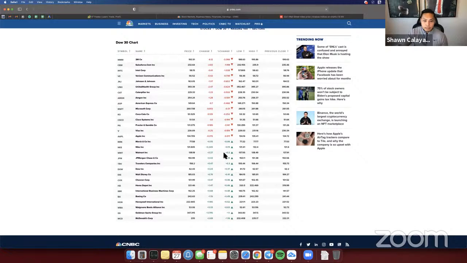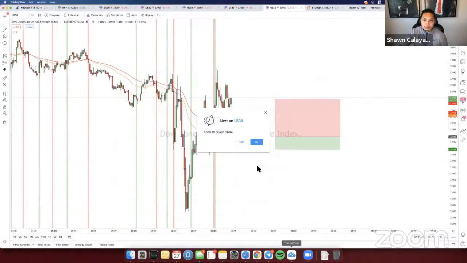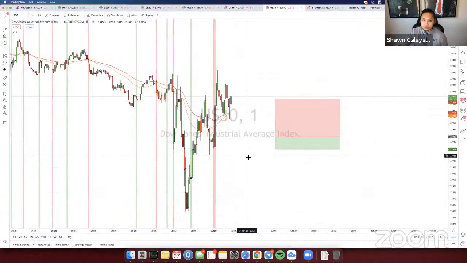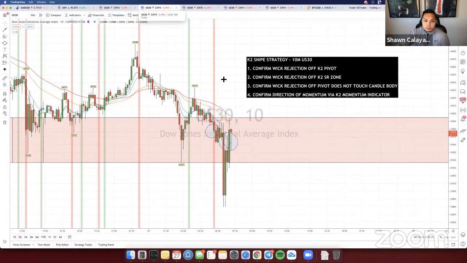The ones that are carrying it are not very strong. McDonald's is up 1%. It's not very much. Goldman Sachs is up 1%. But the majority of these are dropping, right? So we'll just have to wait and see. We're probably going to see some consolidation for a bit until it actually drops. Just keep in mind that price is going to consolidate and range up for a bit until it decides its direction. But looking here on the 1 minute, I think this is going to come down from here. You can see it's establishing lower lows and lower highs as well. So we'll see where it goes.